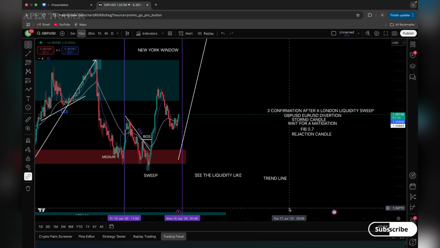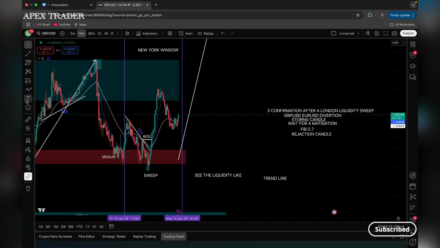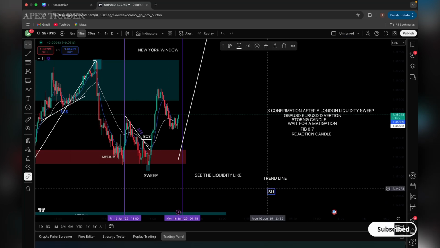Then we have support and resistance liquidity. Then we have supply and demand liquidity. Then we have